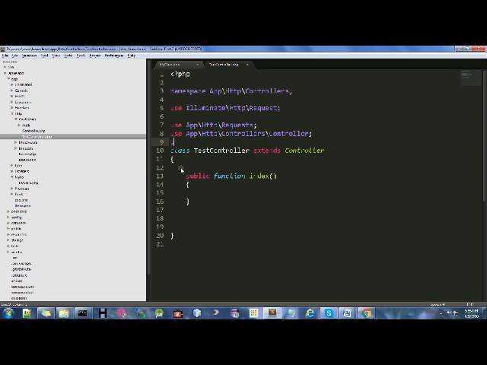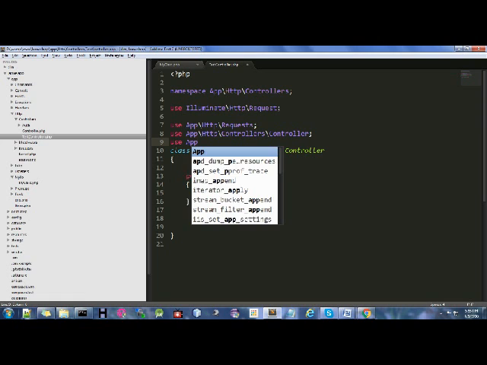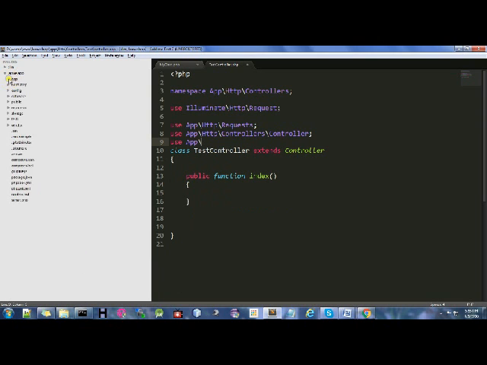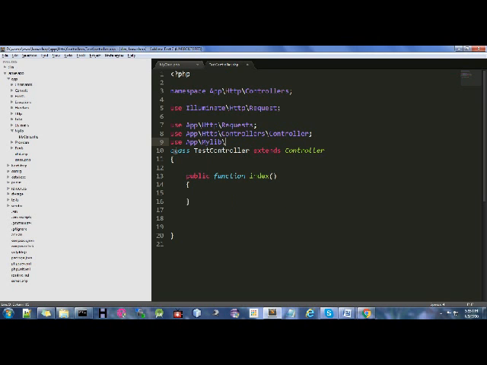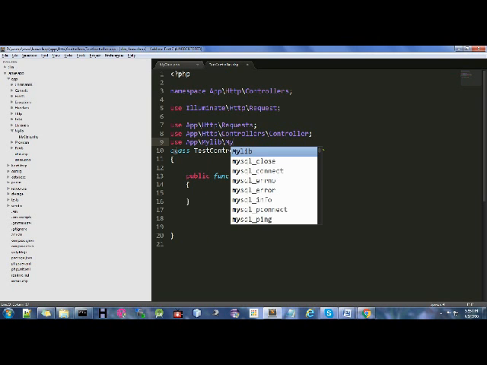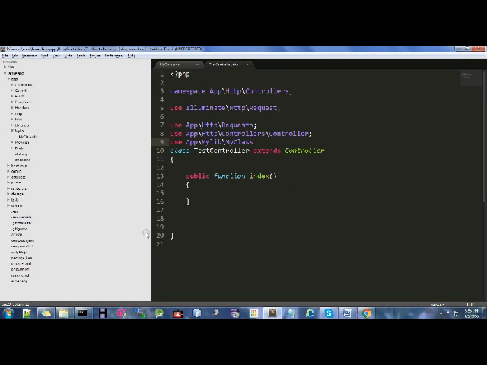Here I am going to show you how we can use that class. Use App, then as you can see here the directory structure, app, then mylib. This is the lib that we are going to include in my controller.